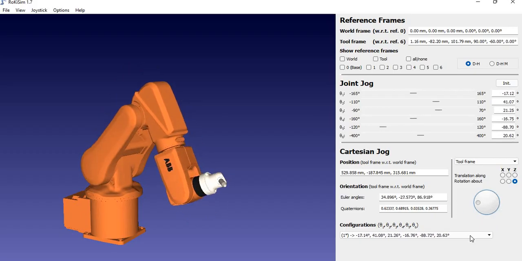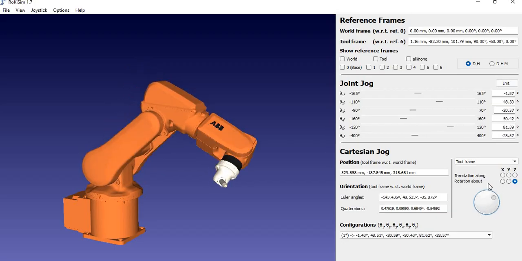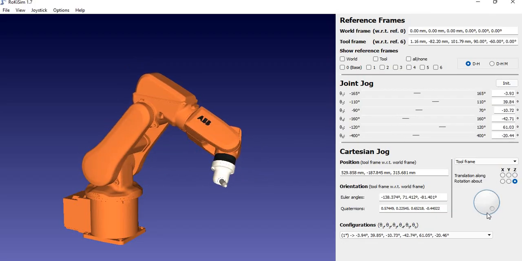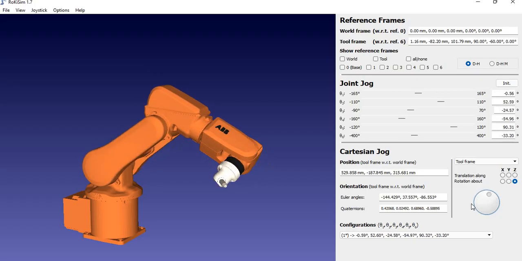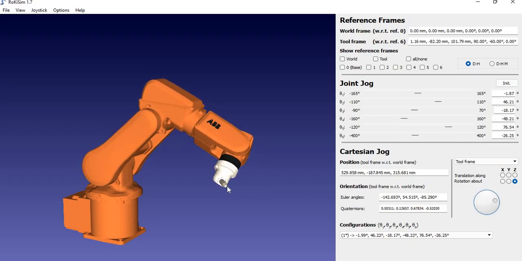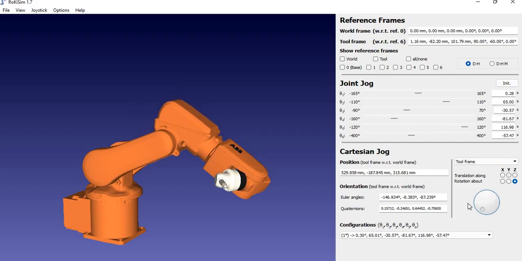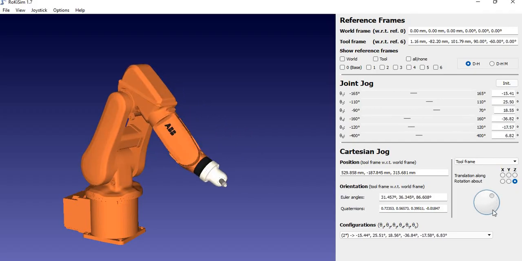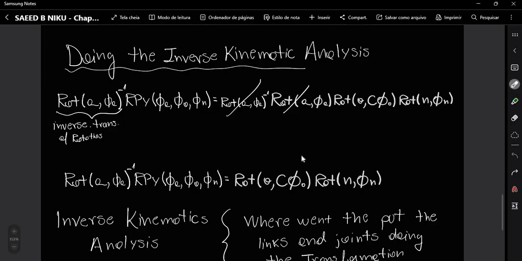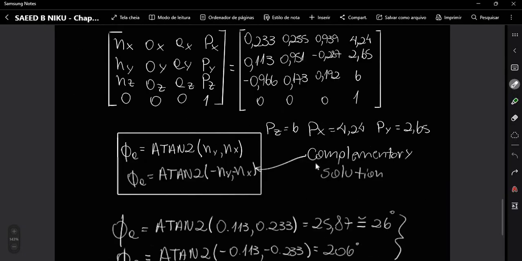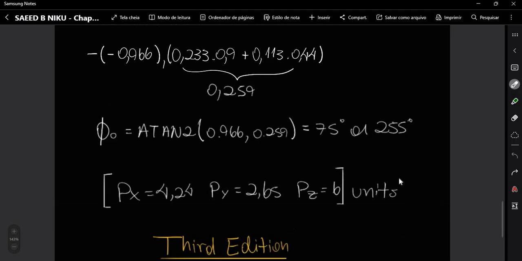Can you see? We are changing the angles of the joints. We are changing the position of the links. But this point remains without any change. And now before we go on, I will try to illustrate with a drawing what is this rotation above this axis that we apply